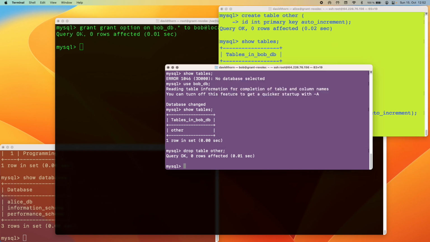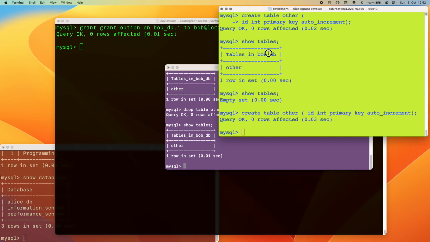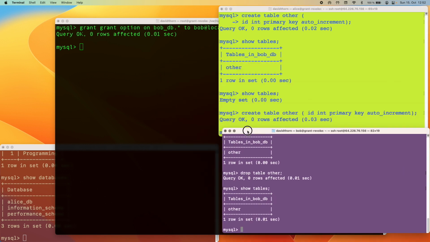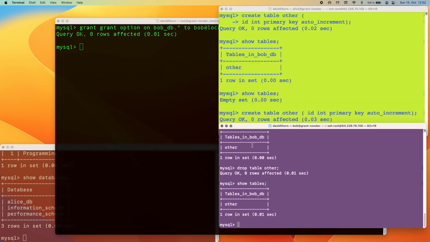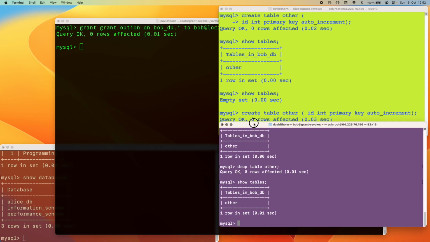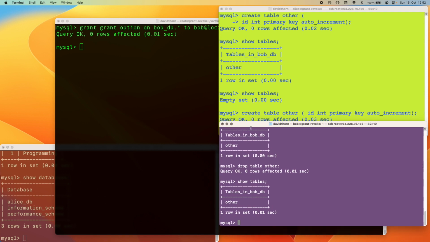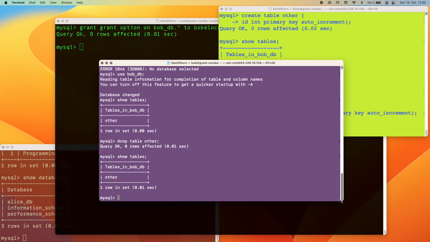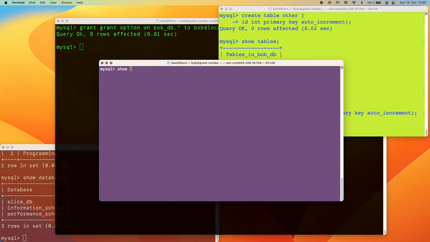And he's like, no, I'm going to create it again. And Bob's like, what are you doing? And he's got show tables. It's still there. So he's like, do I want Alice to have all of these privileges? Maybe ALL was just a little bit too much. And Bob's like, I'm going to remove this. So he's like, show grants